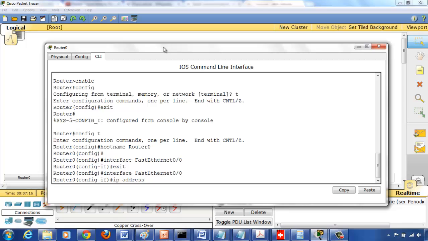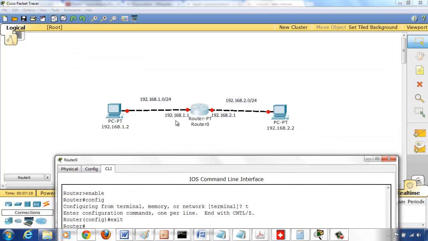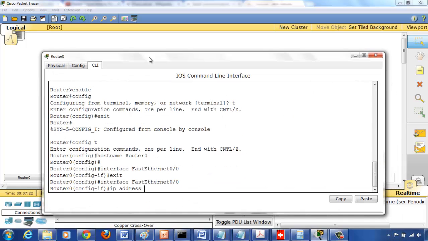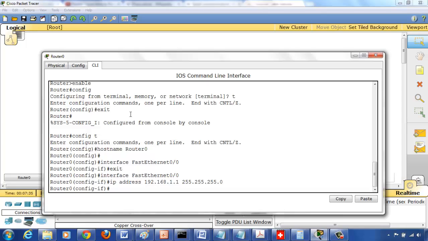And what address we want to set? We want to set 192.168.1.1 for this interface. So that's going to be 192.168.1.1, and the subnet mask is going to be 255 3 times .0. Okay,